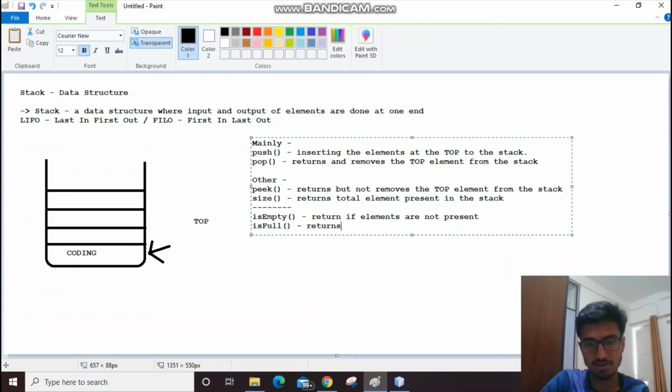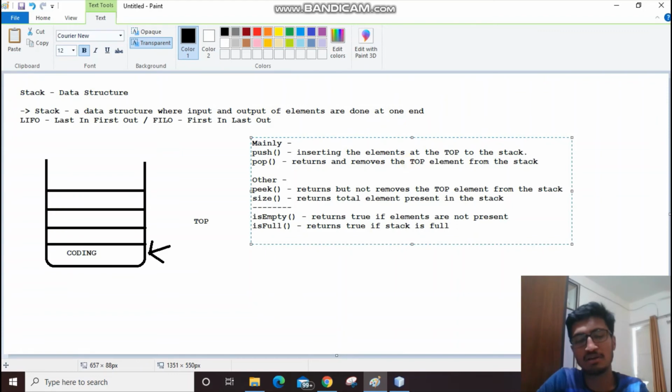It returns true if the stack is full. So isFull will check if the stack is filled with all the elements, and isEmpty checks if there are no elements present. Both can be done by the top pointer only, so we can use the top pointer for this also.